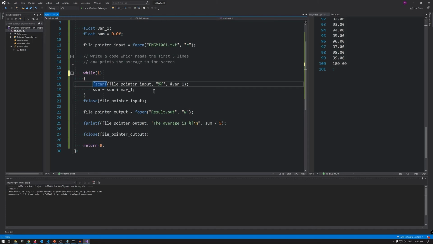And let me tell you something. All the functions in the stdio library have a return value. The return value of the scanf function is whether it was successful or not. So it will tell you whether it was successful in reading %f or not. So if I create an integer here and call it scanf return and set it equal to the scanf function,